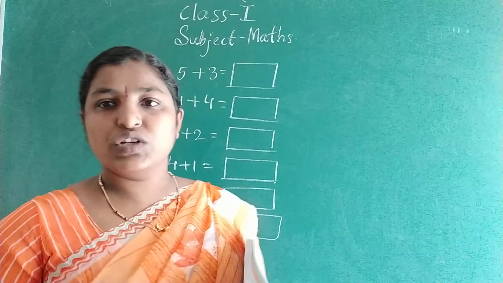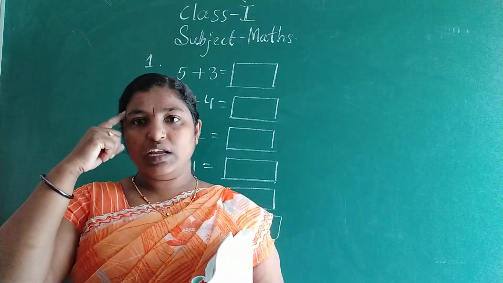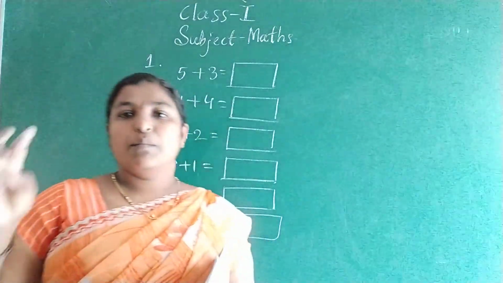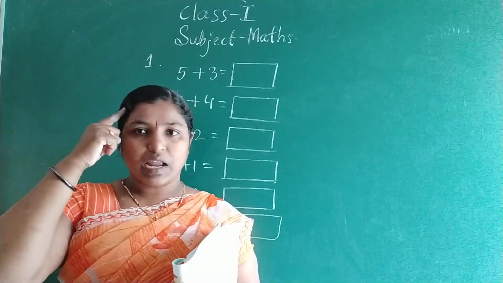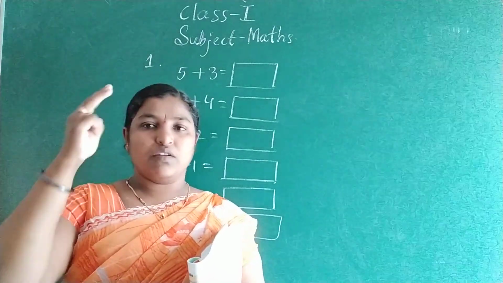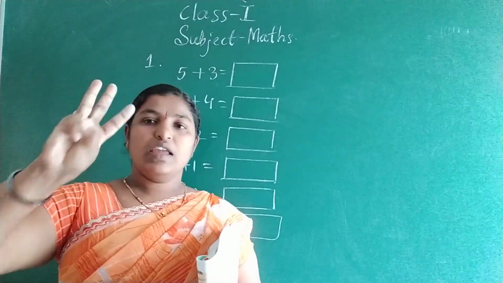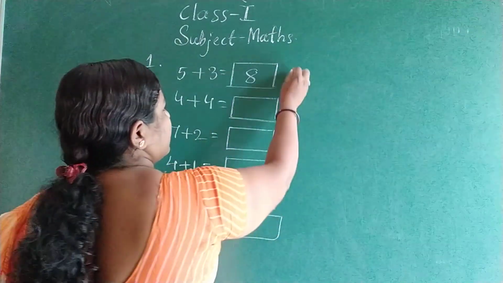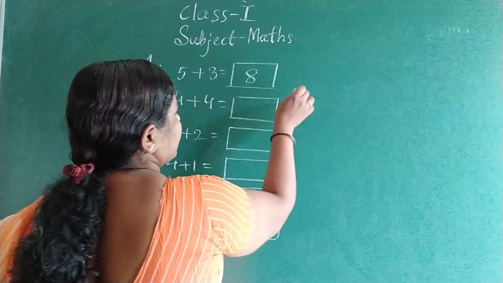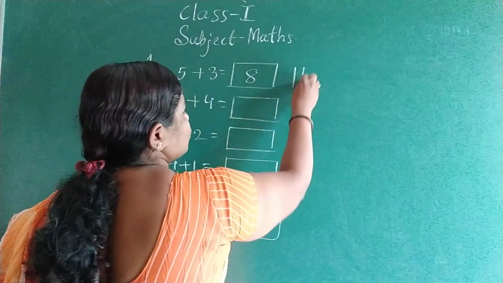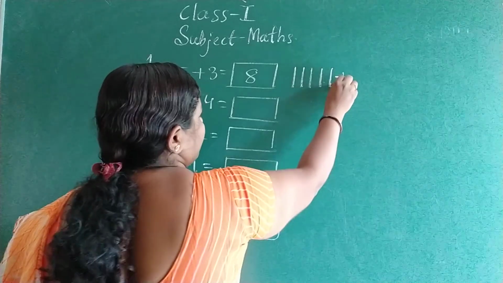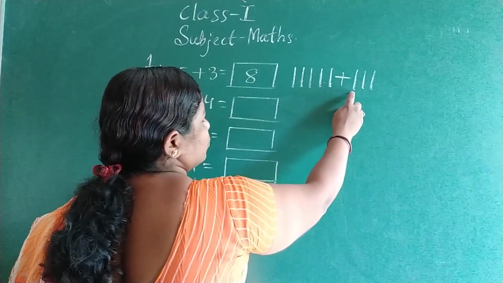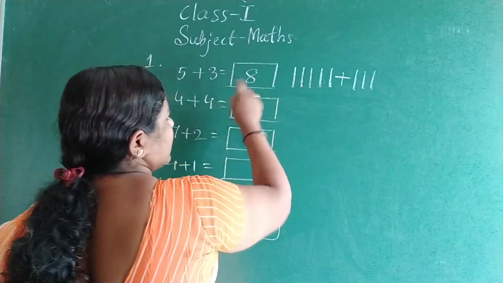What is the trick to addition? Big number, keep it in your mind. Small number in your hand. So, 5 plus 3 means the big number is which one? 5. So, keep that in your mind, and 3 in your hand. 5, 6, 7, 8. So the answer is 8. Then, another method, putting lines. 5 first, 1, 2, 3, 4, 5 plus 3. 1, 2, 3. So all together 1, 2, 3, 4, 5, 6, 7, 8 is the answer.